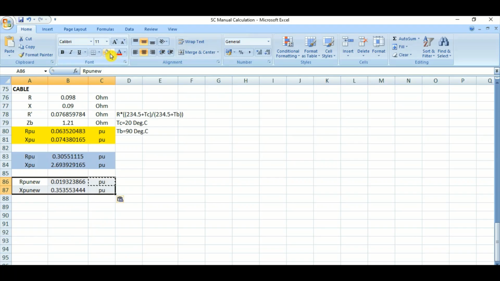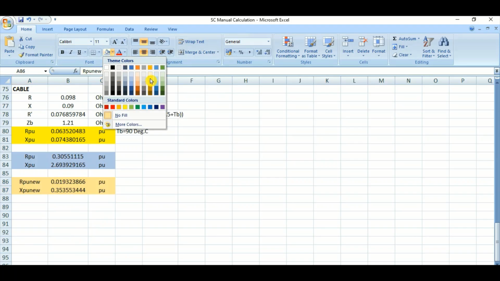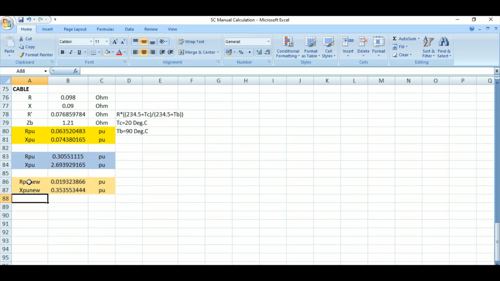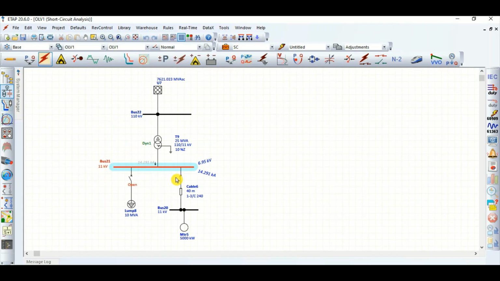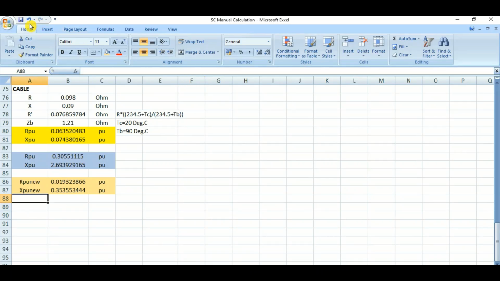This is the final R value and X value in per unit for this fault location at 11 kV system. This is the Thevenin equivalent impedance of this branch and this branch, right? So our R PU is this and X PU is this,